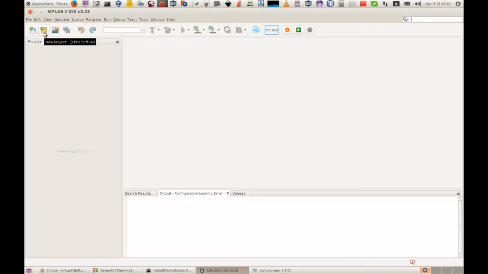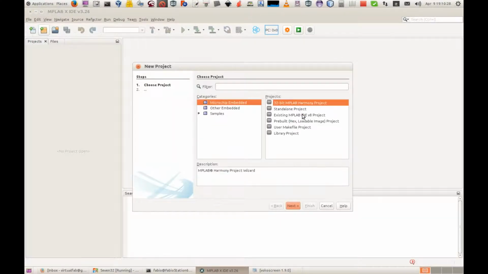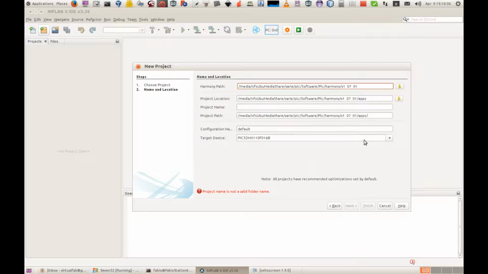Let's create a new project for Harmony, and then we will convert it to a PIC24 platform. Harmony needs the project to be in its path, so we will use Harmony apps subfolder. Let's create a VGDD multi-platform demo project,